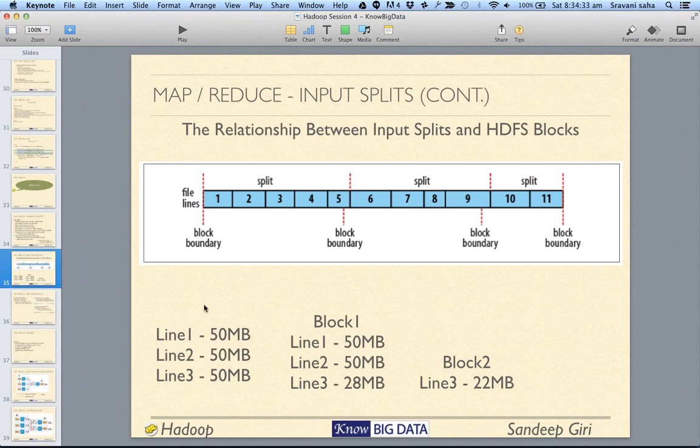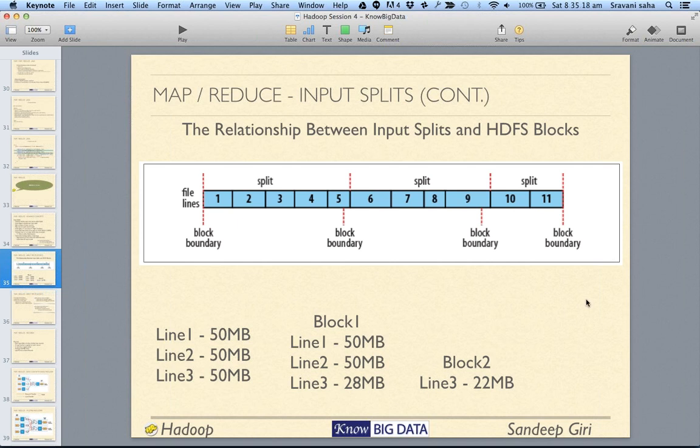All right, so why do we require an input split? If you look at the way HDFS is designed, it slices your data ruthlessly at a fixed boundary, irrespective of whether the boundary is lying in the middle of a word, middle of a sentence, or middle of a paragraph, wherever it is. You can think of it this way: say you are doing a word count,